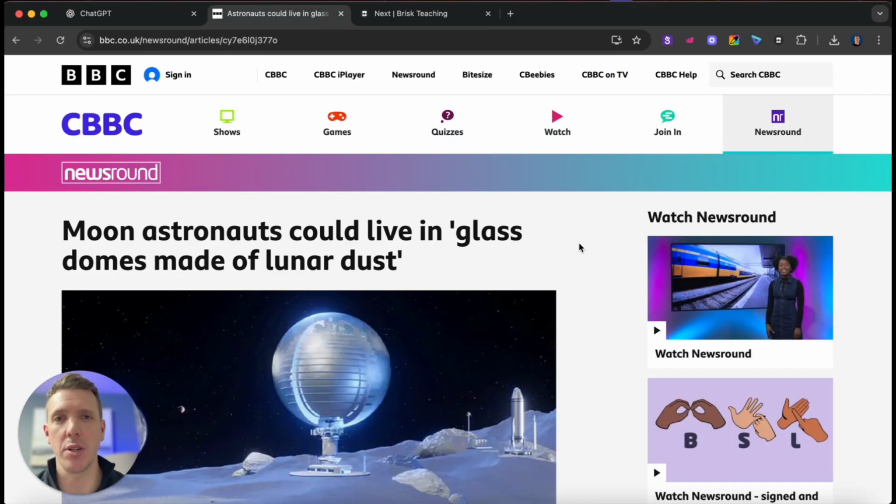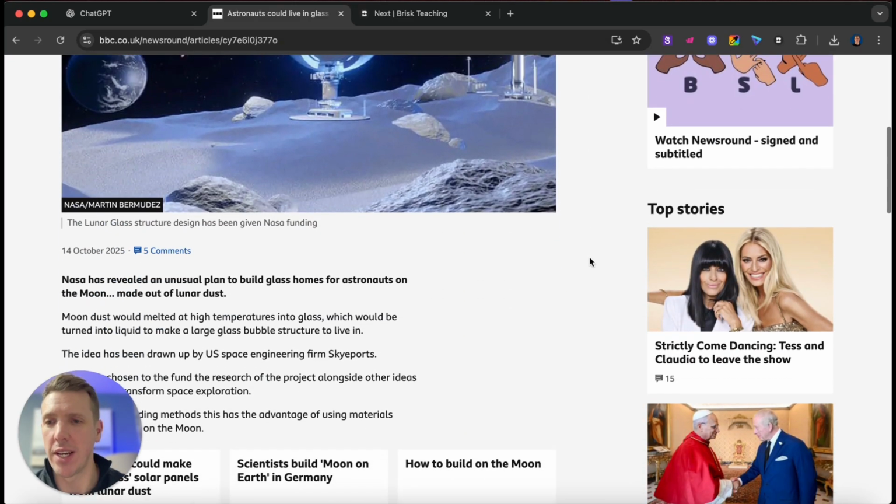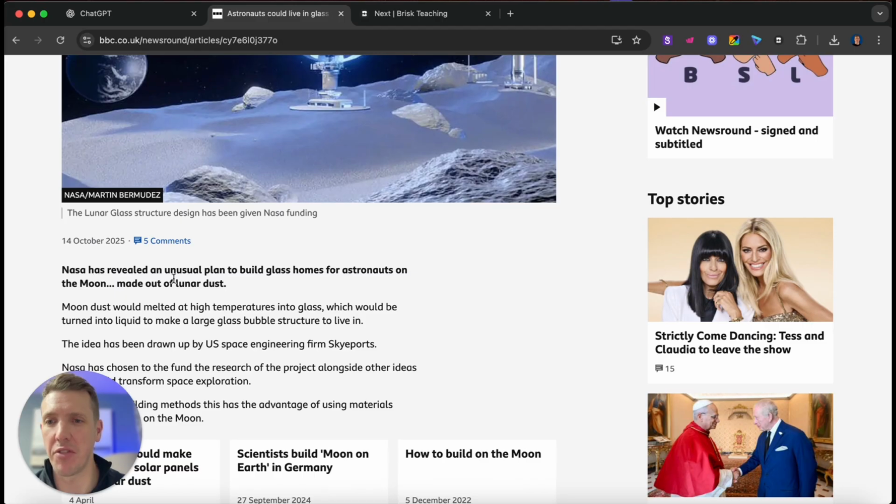The first use case could be that pupils in class are doing some research on a website and you want to quiz them on what they've learned. I've just come to the Newsround website as an example and found a really good article that could be linked to a space topic. It's a story around NASA revealing an unusual plan to build glass homes for astronauts on the moon. Very cool. So the first thing we would do is click on the Brisk Teaching Chrome extension tool here,